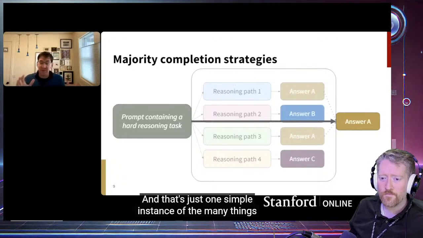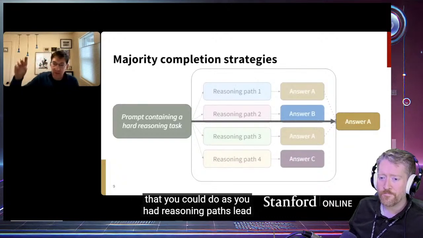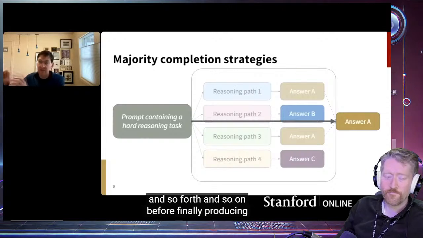And that's just one simple instance of the many things that you could do as you have reasoning paths lead to other answers, lead to other reasoning paths, and so forth and so on before finally